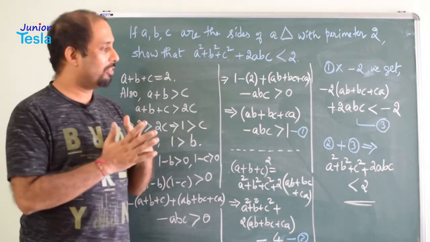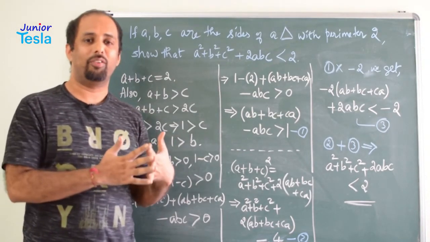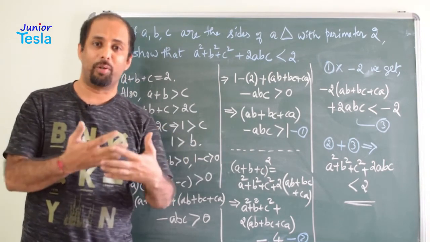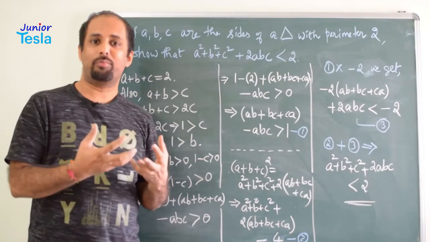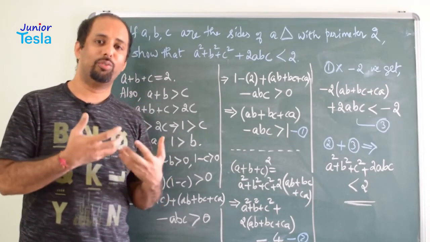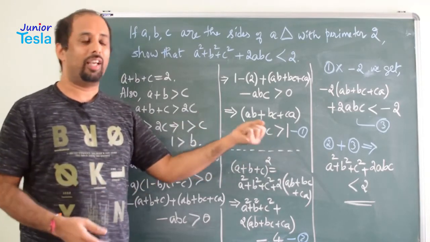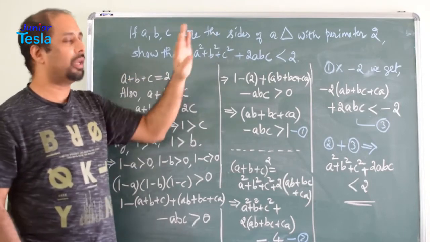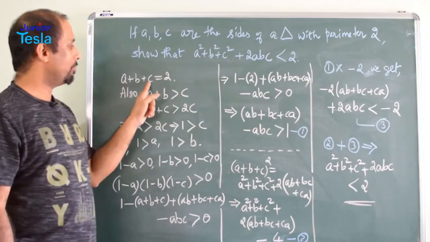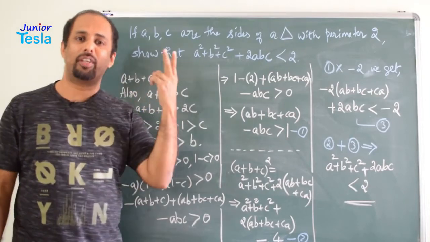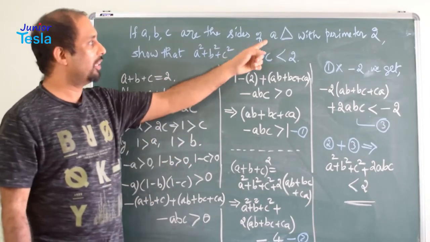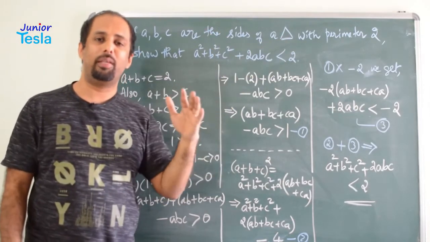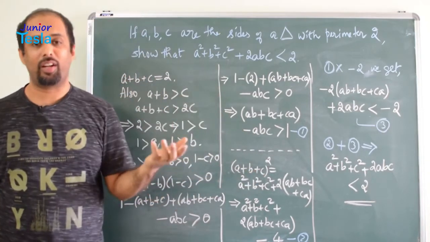Now, what is more important here, what is the learning point in this particular problem, is the thought process, what kind of concepts should be taken and how to arrive at the solution. We have started with the known or the given information. What is the given information? The perimeter is 2. That is the starting point, a plus b plus c equal to 2. Then we thought of triangular inequality, because it is told that these three numbers are the sides of a triangle. So a, b, c are the sides of a triangle, so we can think of triangular inequality.